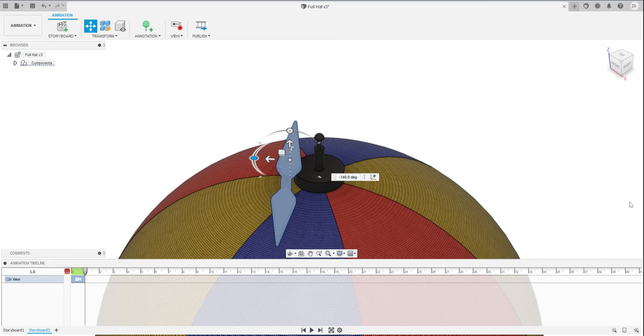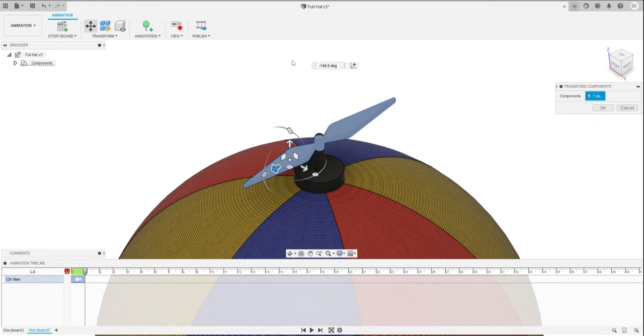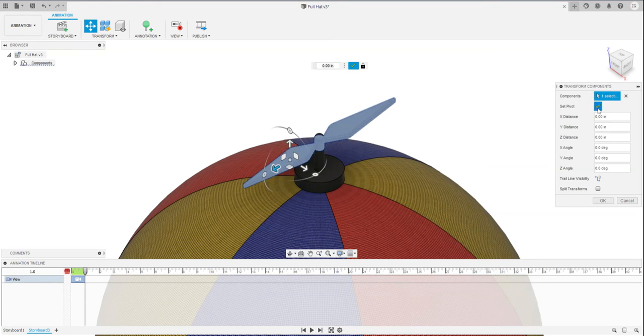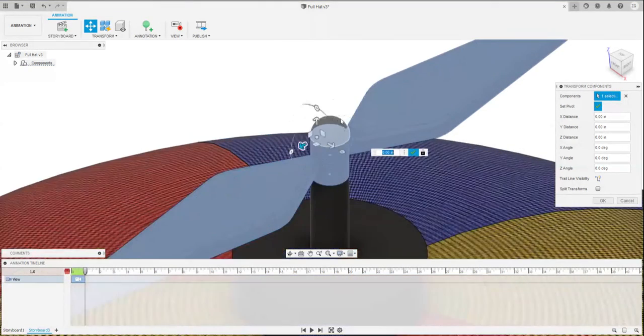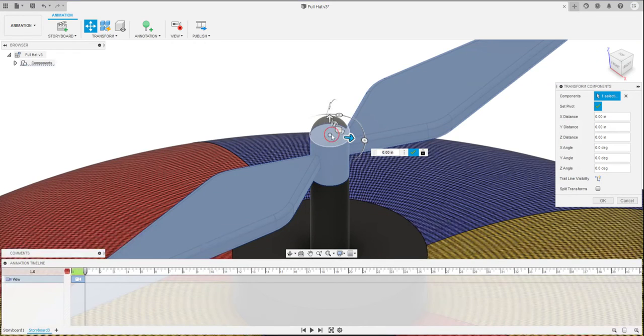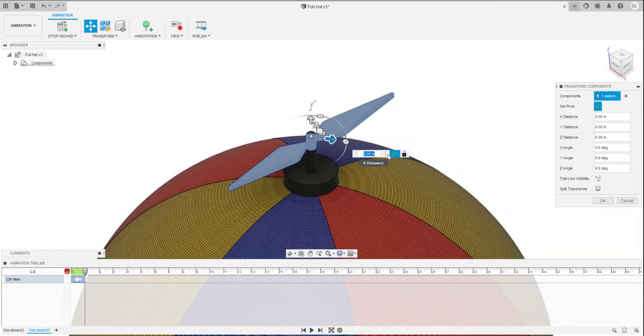So I'm going to cancel real quick and transform. And this time before I transform, I'm going to set the pivot, and I'm going to scroll in so I can be very sure that I'm clicking the center of this axis that goes through the whole hat. Now that I've set that pivot, I can click the done arrow, and now I'm going to use this horizontal axis,